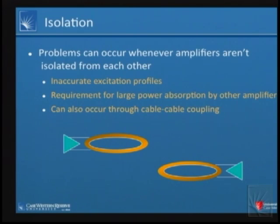So I just quickly want to talk about isolation too. Whenever we've got two of these high power amps next to each other, we need to make sure that they're isolated. One of the problems is inaccurate excitation, but there's also this requirement to sink anything that comes in from another amp. So if we transmit some signal out to that coil to make its local field here, if some fraction of that energy is coupled over to this coil where there should be none, for example, it will also make a field over here, but more importantly for the hardware, some fraction of that power will also get